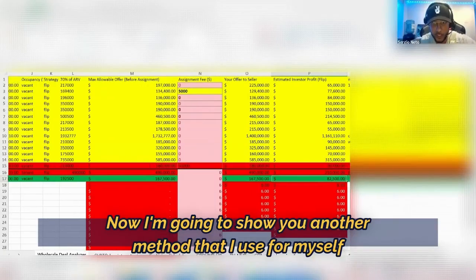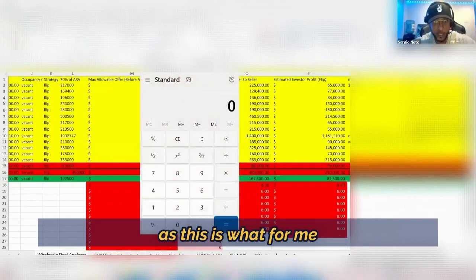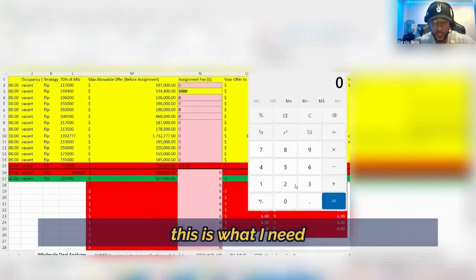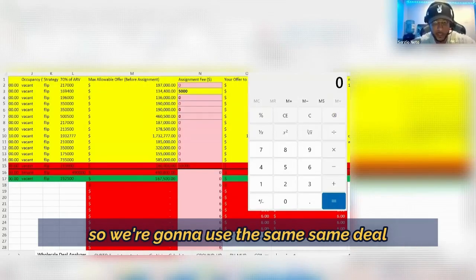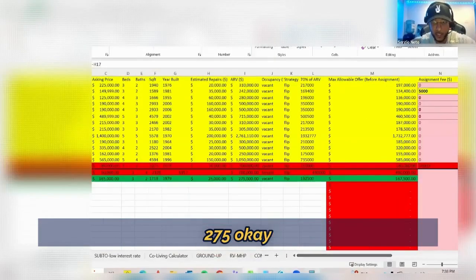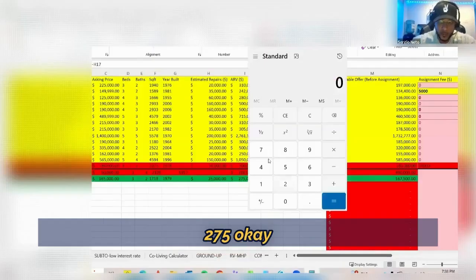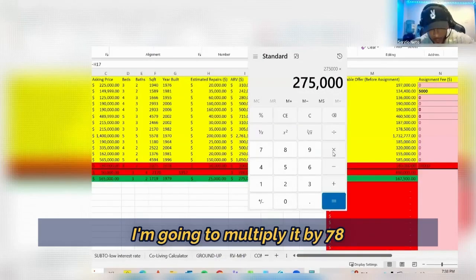Now, I'm going to show you another method that I use for myself as a buyer. This is what I need. I need a minimum of $50,000 profit on every deal. So we're going to use the same deal, 275, okay? So we're going to go 275, and instead of multiplying it by 70, I'm going to multiply it